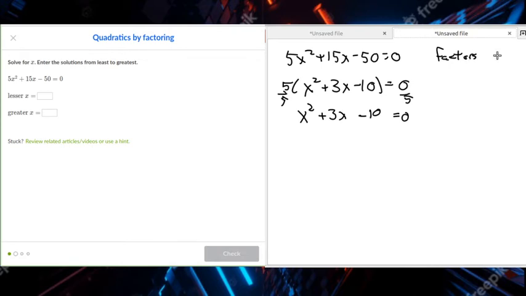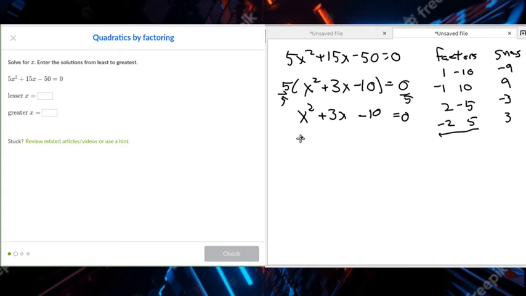What are my factors? And then what are my sums? I've got negative 10. So I've got 1 times negative 10, or negative 1 times 10. And I've got 2 times negative 5, or negative 2 times 5, and I think that's it. So what are my sums? My sums here are negative 9, 9, negative 3, and 3. And I have a positive 3. This is the factors that I